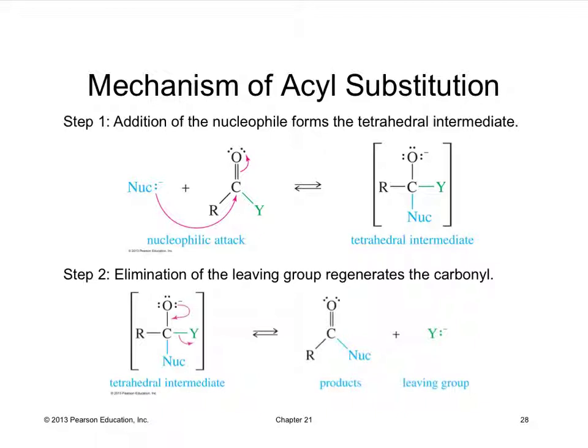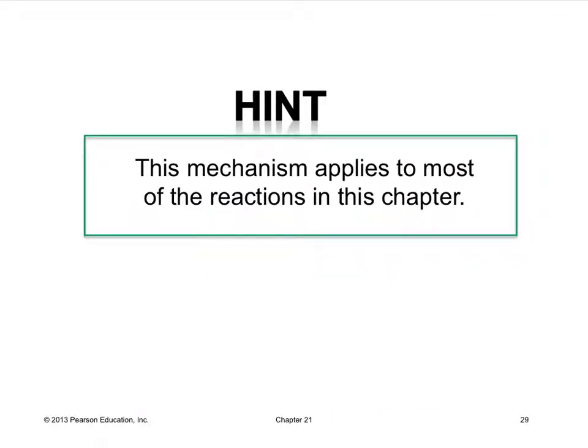Mechanism. The mechanism is your nucleophile attacks. Electrons go up. This forms that tetrahedral intermediate. Then your electrons from the oxygen come down, kicking off your leaving group, and that's it. The thing to note is that this mechanism is general, and it applies to most of the reactions in the